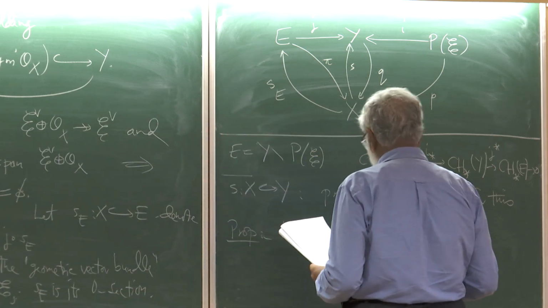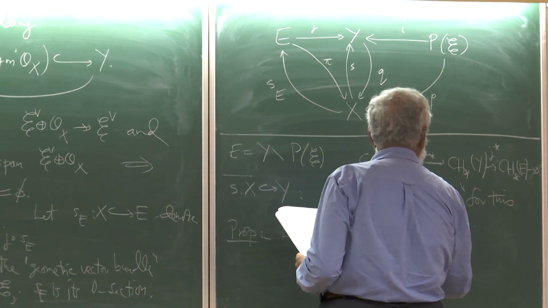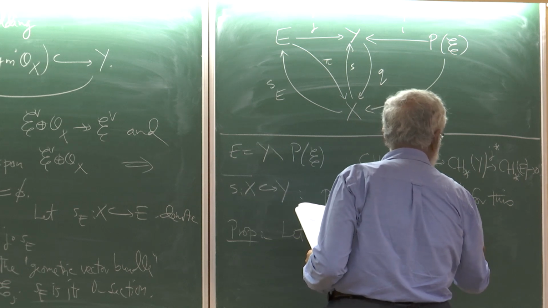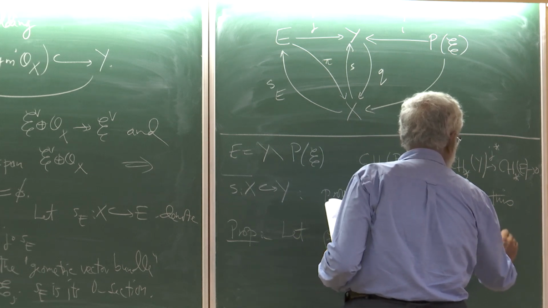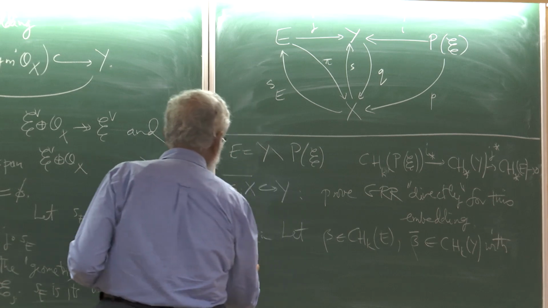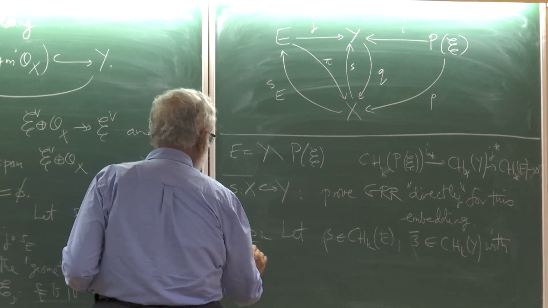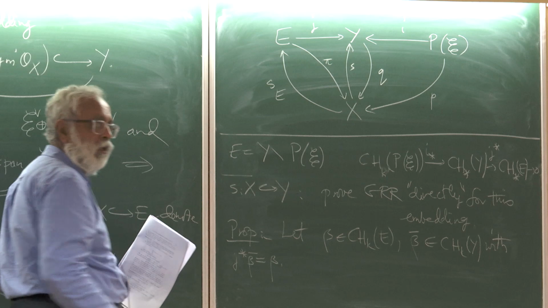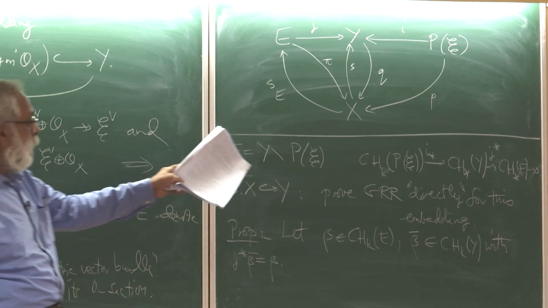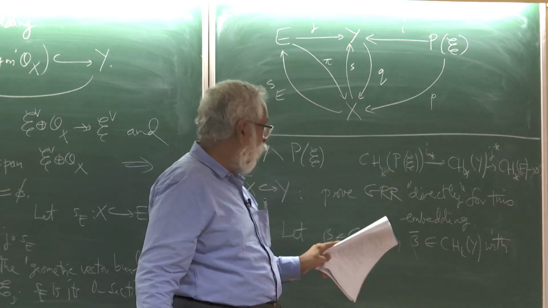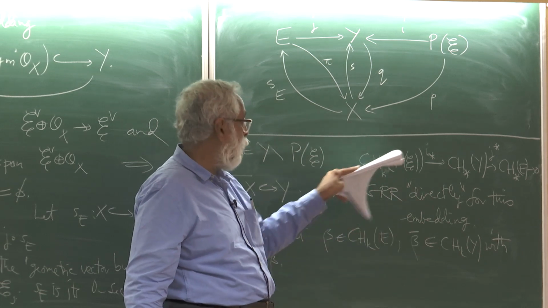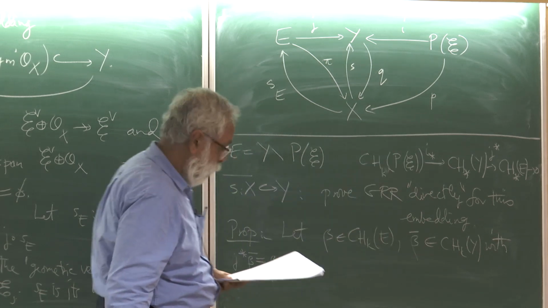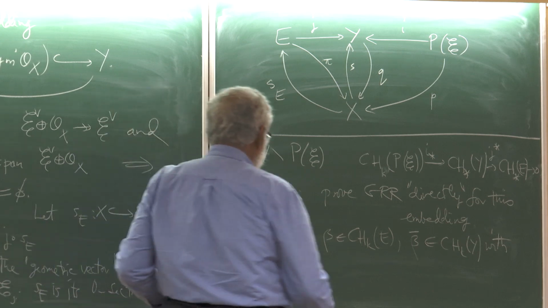So let beta in Chow k E, beta bar in Chow k Y with J upper star beta bar equals beta. And by the exact sequence I wrote here, there are lots of such beta bars, but they may be not unique. The non-uniqueness comes from here. Okay. Then the claim is,